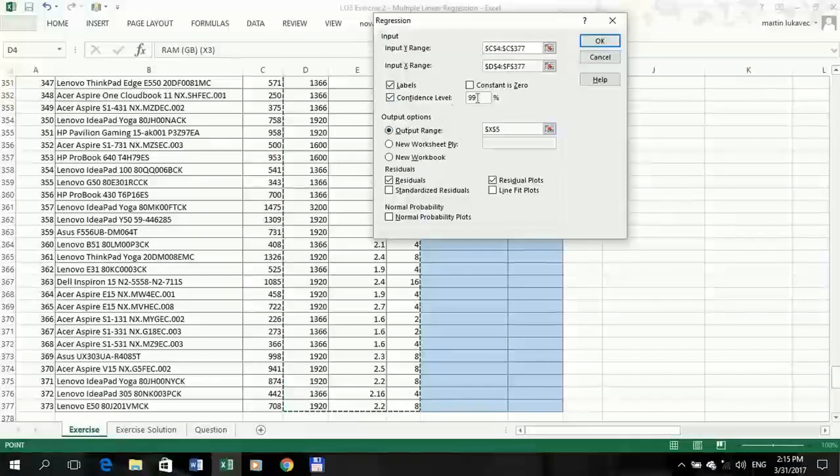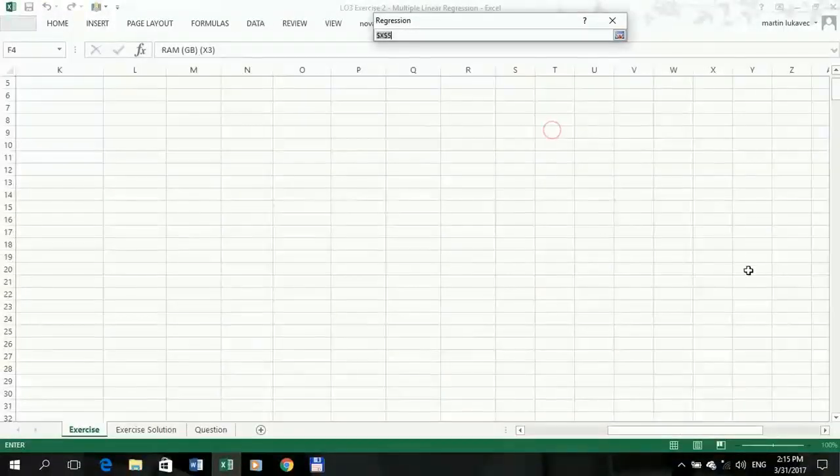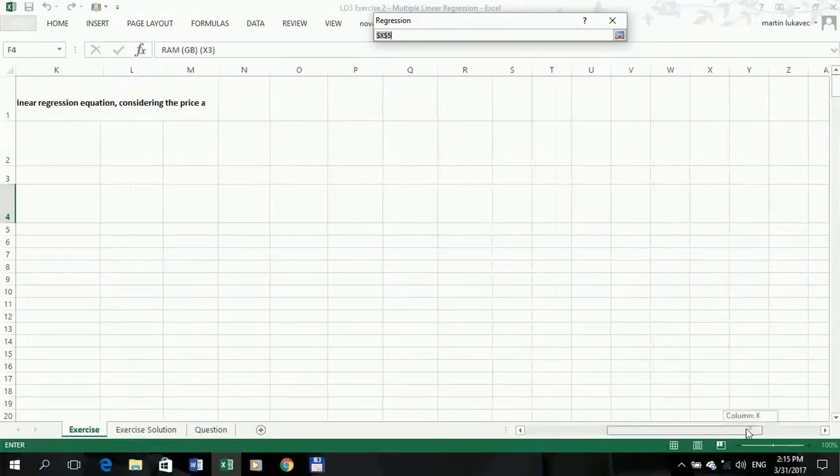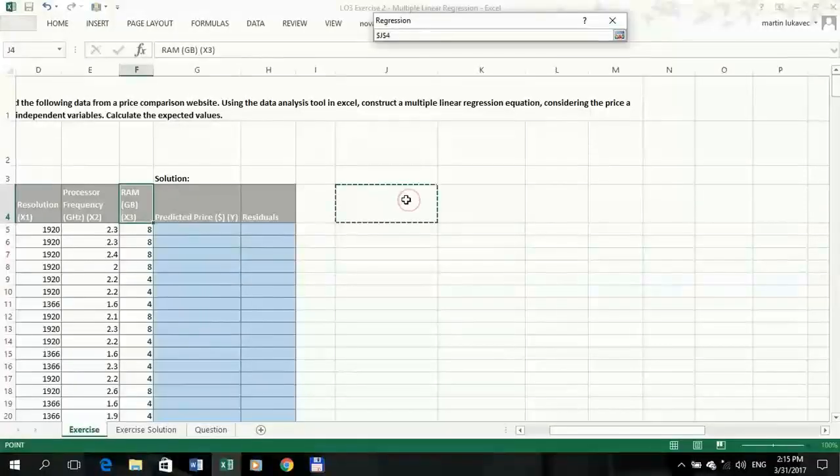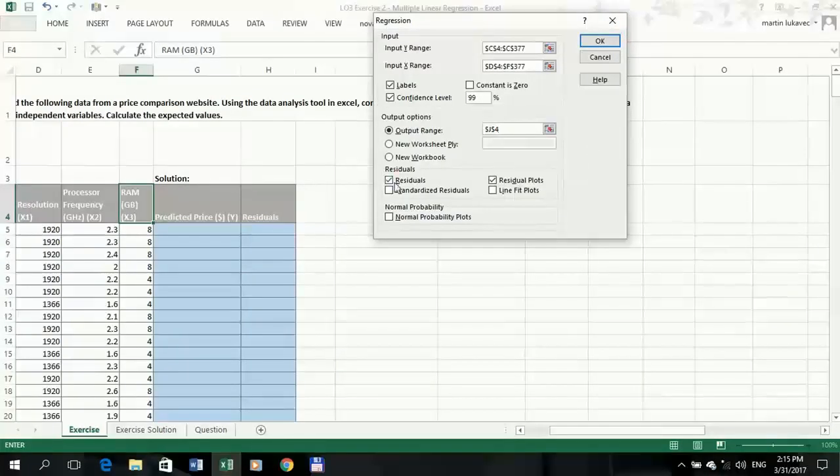Then if we want to, we can select the confidence interval. Then we want to choose where we want our regression table to be located. And in this case, you definitely have to choose residuals. We also want to check the residual plots, because there can be a better way to design the regression. So have that clicked in. You can also choose standardized residuals, but in this case, it's probably not so important. So click OK,